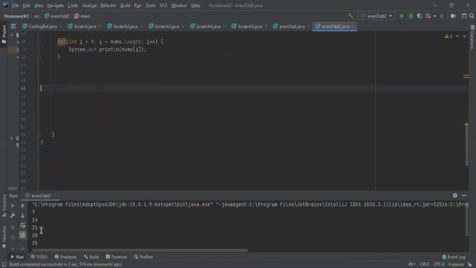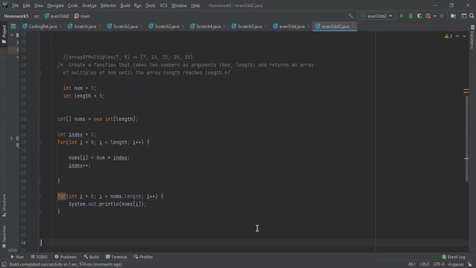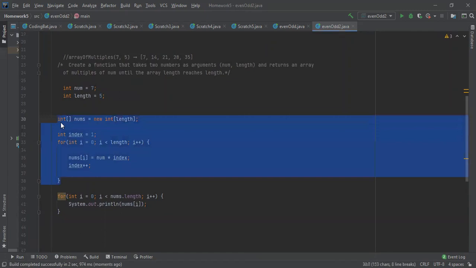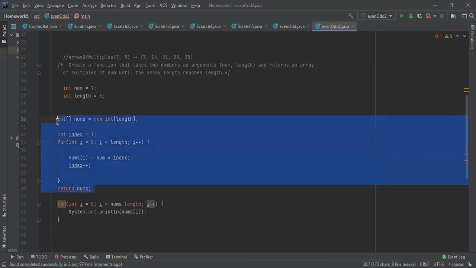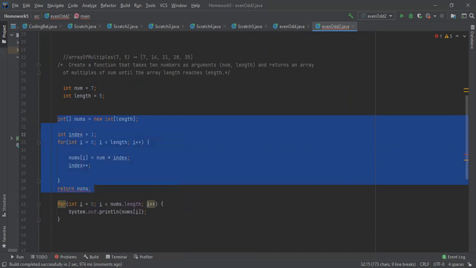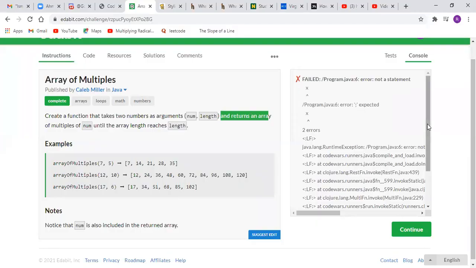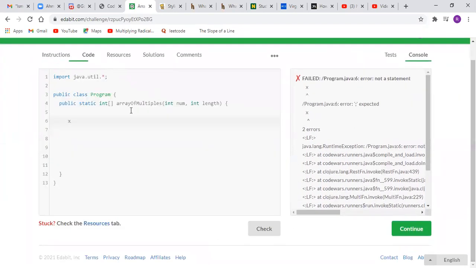you see that we have what we wanted before, and we can take this here, and let's go ahead and return the array in question, and then we'll just take this and copy it and move over to Edabit here. Go to code,